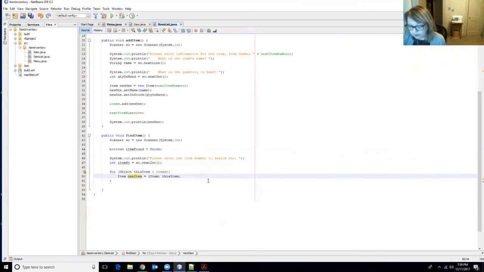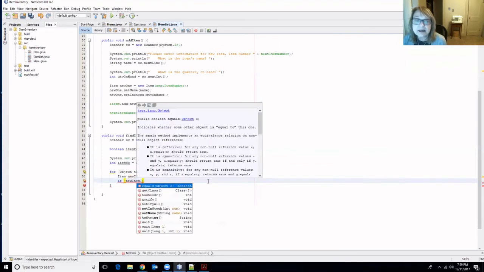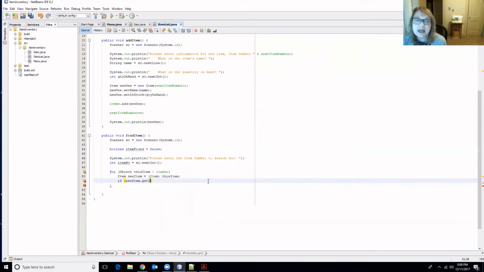Now, once we've created it, we can access the data inside of it. So this is where I think it would be really handy to be able to get the item number. We could make it public or protected, and then we would be able to get to it from other instances in our project. But we've already created set methods for our other variables, so we should be consistent and use getters and setters. So I'm going to say for this new item, we want to get its item number,